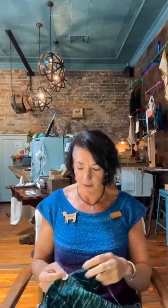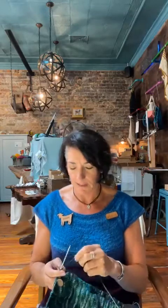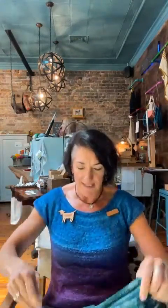Cadence, I was laughing because on our trip, she was talking about how she brought one sweater pattern, which wasn't very practical to bring on the plane. I think I had 3. Is that right? I had 3 sweater patterns, so not very practical. But this,